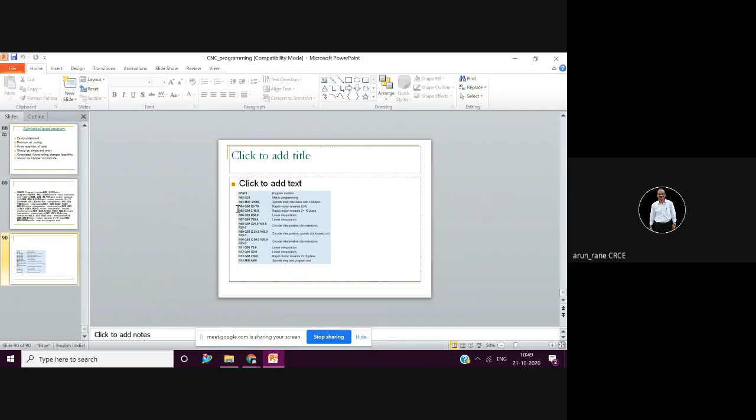Examples I am yet to take. But before that, I thought I'll complete the APT programming first. Then we can go for the example. Whatever example I have covered, that is enough from an examination point of view. The example which I covered, that center wala hole, because it is most likely that one program on APT and one program on CNC mill will be asked.